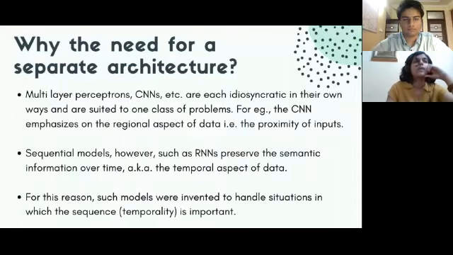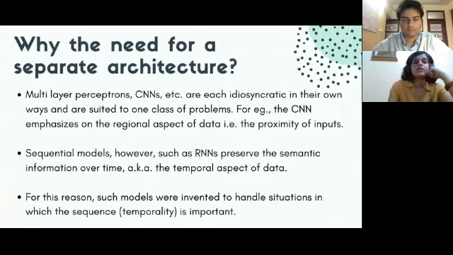Now let's talk about why we need a separate architecture. Why aren't the pre-existing models enough to deal with sequential data? Let's take CNNs, or convolutional neural networks. They are really good when it comes to focusing on the regional aspect of data, that is pixel values, passing filters through images and so on. You just had a CNN lesson a few days ago.